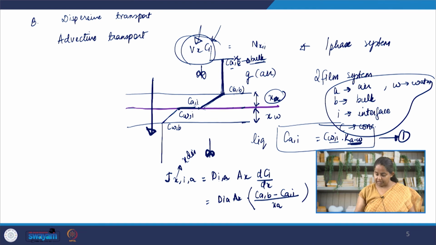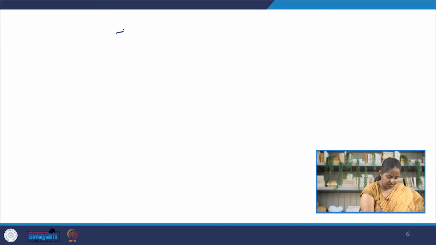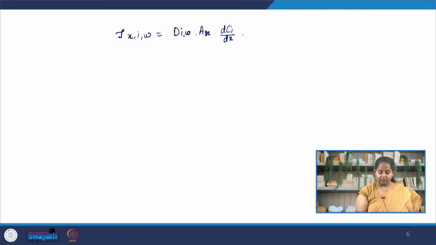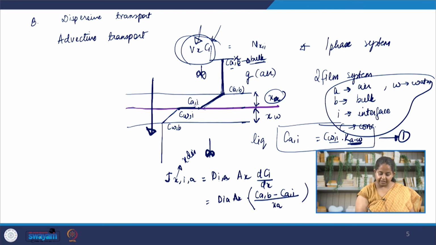We can similarly write a system for what's happening in the liquid side. So in the liquid side, we'll have J, X, where X is telling me the direction of the flow, and I is the contaminant. On the water side, DIW is basically the diffusivity constant for the contaminant in the water phase, area AX, into dCi by dx. Now if you go back to the slide, dCi by dx is basically the concentration difference from the interface to here. So that will be given by,